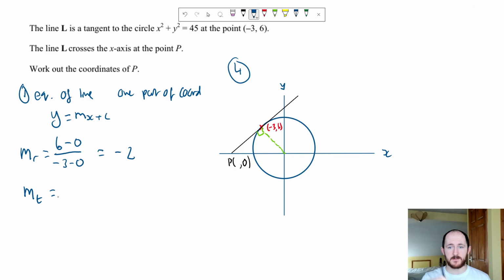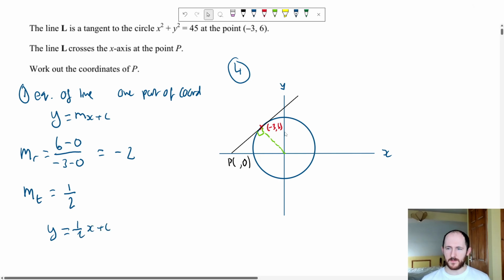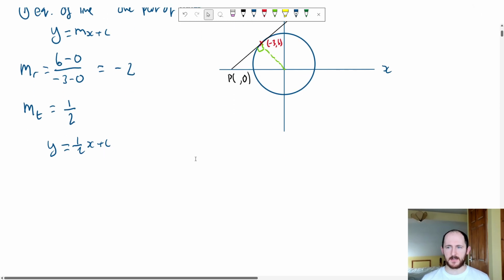So I'm going to make it positive, so it's positive 2, then do 1 over. So our equation now is y equals a half x plus c. We're going to sub in the coordinate that we have, which is minus 3 and 6. So y is 6, x is minus 3. And we're going to rearrange that to find c because, again,